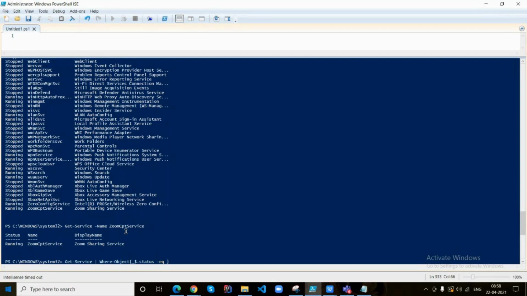Equal to will be hyphen eq, greater than will be hyphen gt, greater than or equal to will be hyphen ge, less than will be hyphen lt, less than or equal to will be hyphen le. So here you cannot use the symbols. After equal to, keep Running in the quotes.